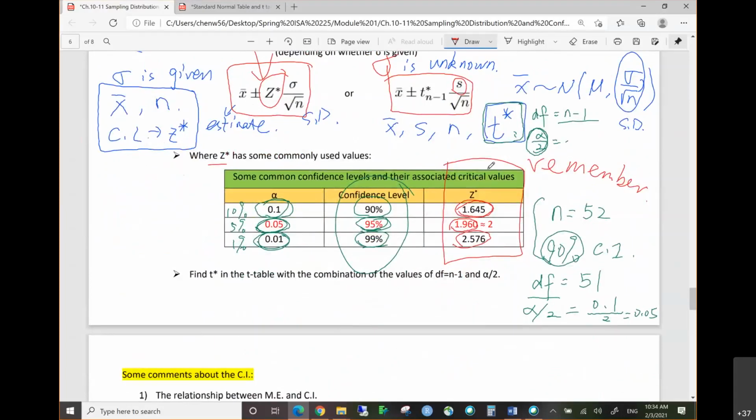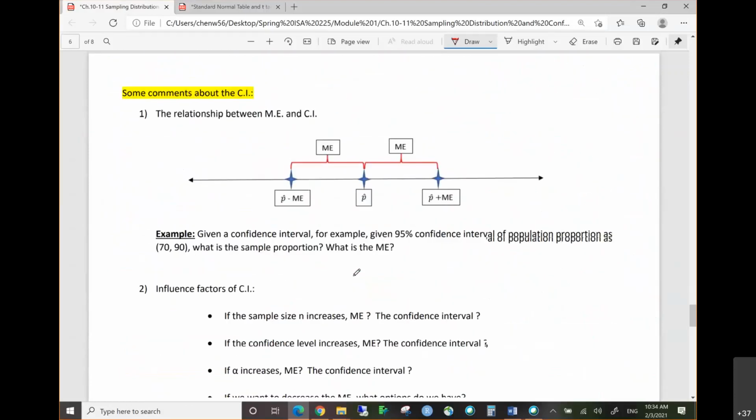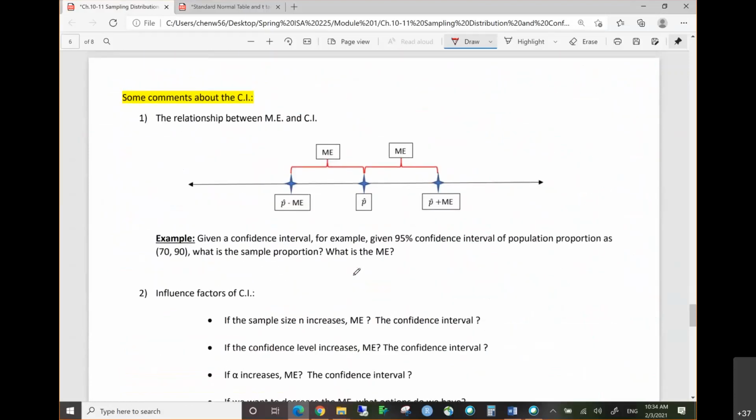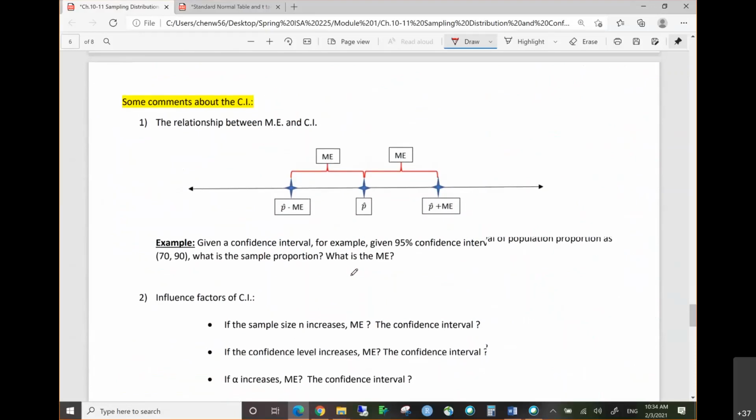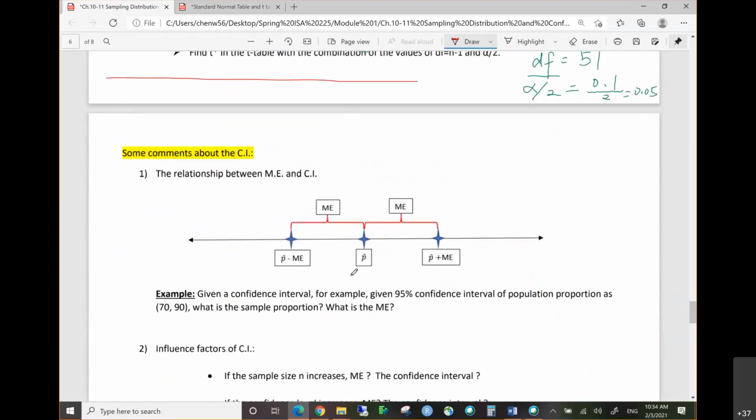All right. Okay, before we start with our practice for computing the confidence interval, I want to talk about some comments for the confidence interval. All right, so confidence interval is not just two numbers, not just the lower level and upper level, right? You need to understand what is going on inside. All right, so first one,